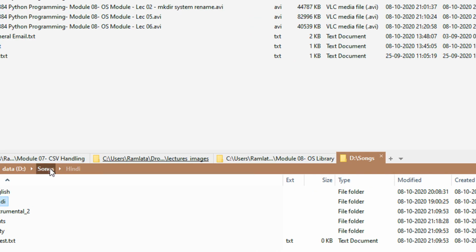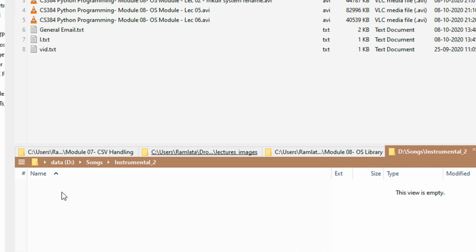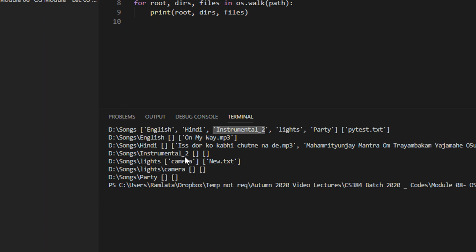When I go into the instrumental folder, it has no folders and no files, so I have 2 lists which are empty. Fine, I hope you are getting an idea about it. The first list will contain the directories inside this directory, and the second will contain the files inside the directory.